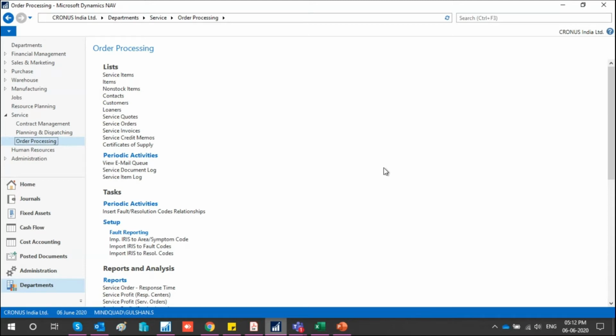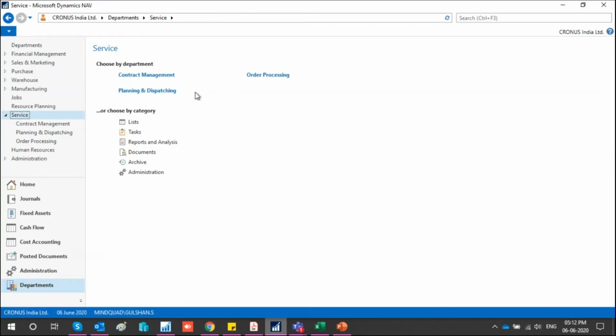After the person has actually started working on that particular task, that comes under planning and dispatching. Planning and dispatching consists of the point from where the resource has actually started working on that particular item or task, and he marks it as complete. So first I'll go to the setups.